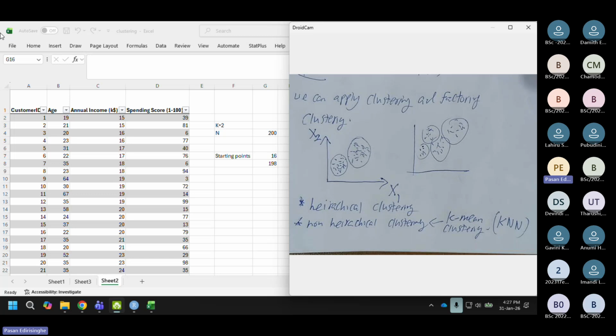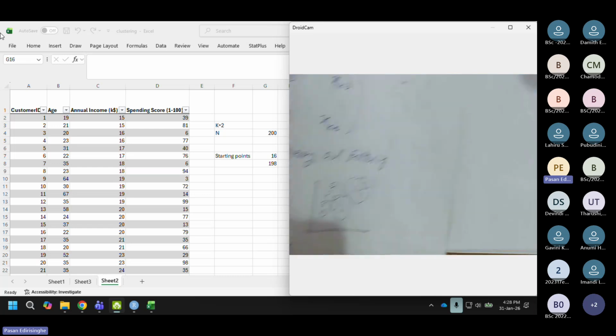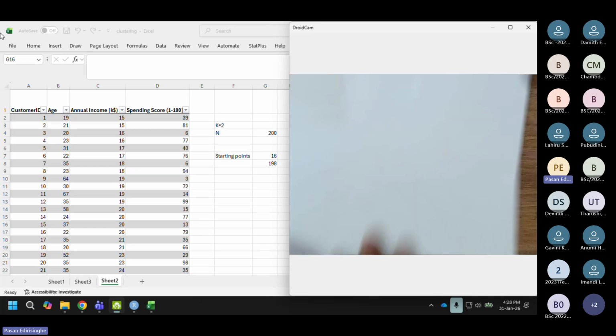Under non-hierarchical clustering, we are focusing on the k-means method. There are other methods as well, right? There are some statistical methods and so on, and there are different methods you can apply as non-hierarchical methods too. So let's focus on our k-means clustering technique, right? Now, if we go to k-means clustering,